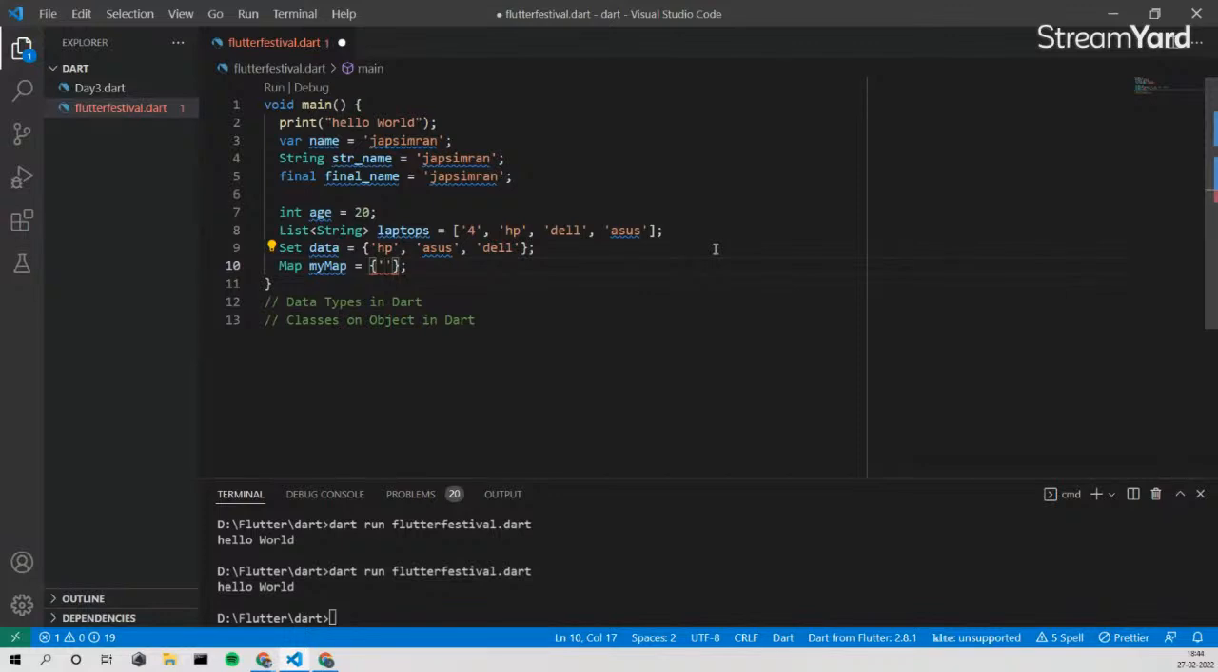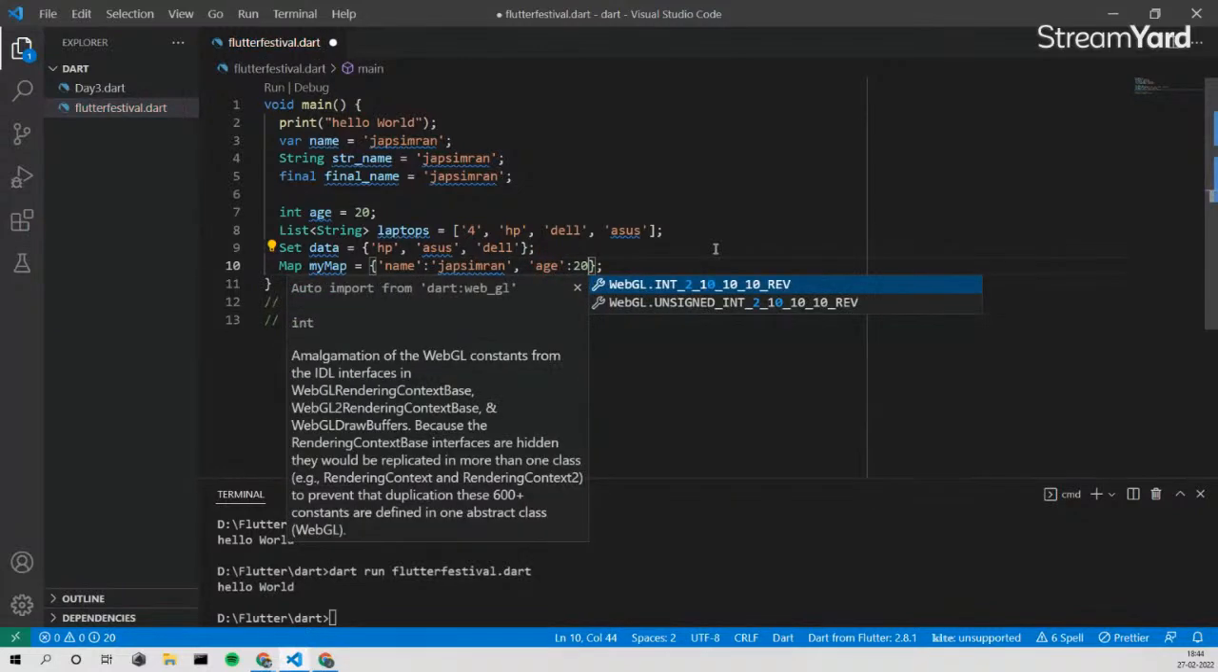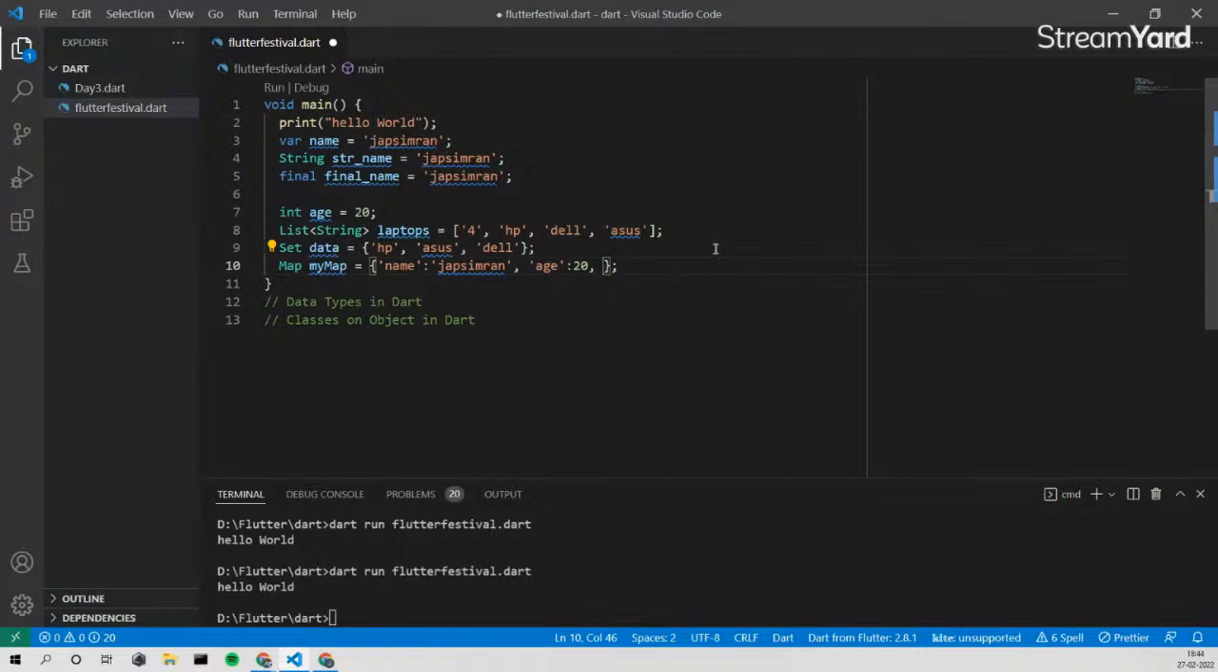In this case, I'll write name is equal to Simran, and then age, it is 20, and you can have laptop. Okay, I have an Asus laptop. Okay, that's great. But if I want to specify the data type of the map, what I have to do